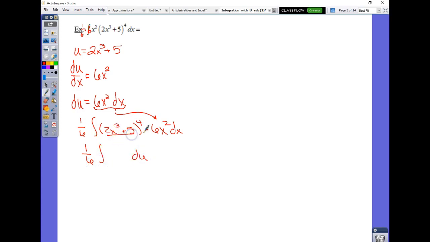And I can replace the 2x cubed plus 5 with a u, and call this u to the fourth power. Antiderivative of u to the fourth, and now we look, this is all in terms of u, there's no x's, no nothing like that, so we're good to go. Antiderivative of u to the fourth is u to the fifth over 5